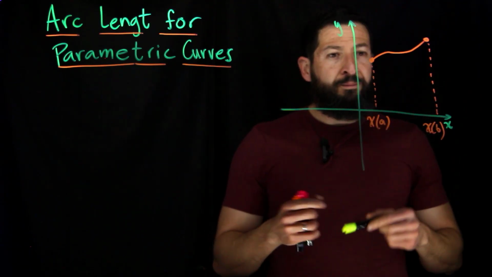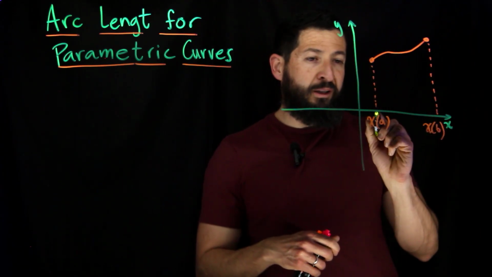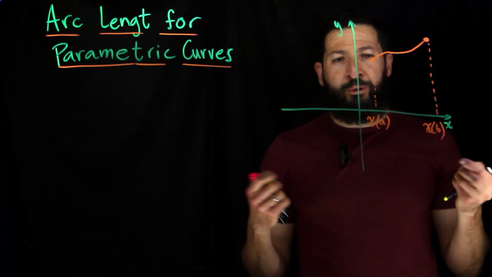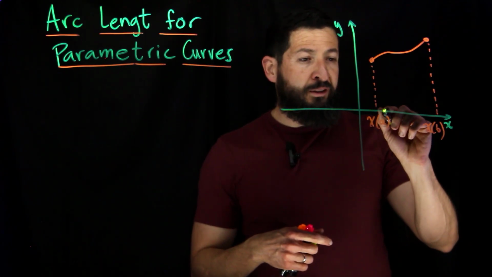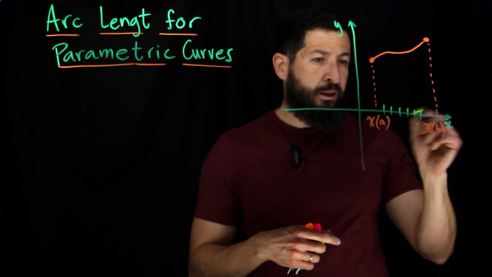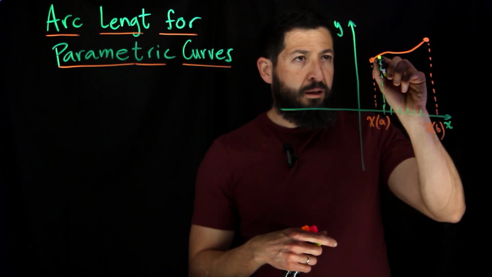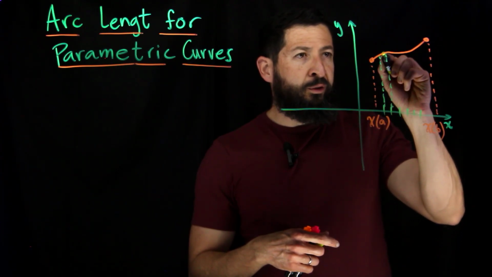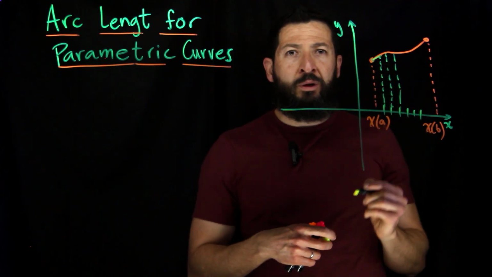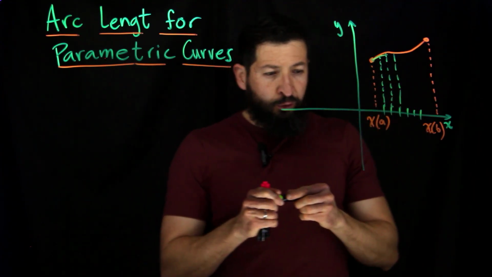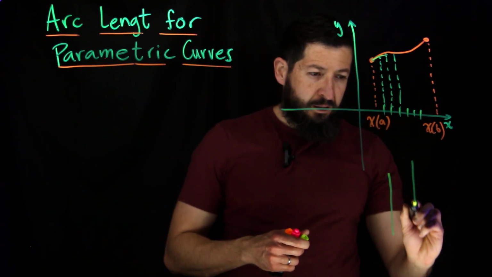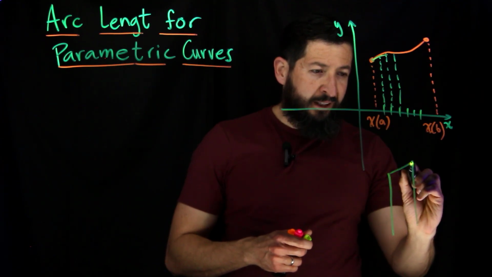So what you would do, as always, my starting point is x of a and x of b. A and b are going to be my endpoints for the time. And I'm going to partition this into subintervals as we normally do. And what we're going to do is approximate the length with the length of each one of these segments. So if you were to zoom into one of them, let's say you have this length right here,